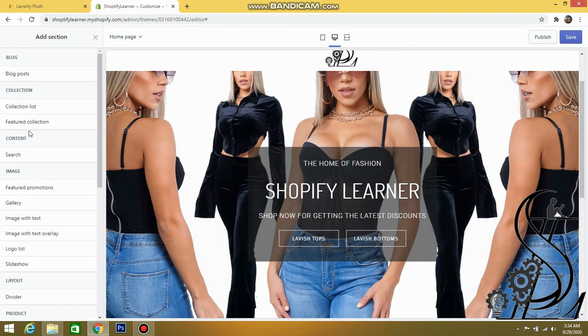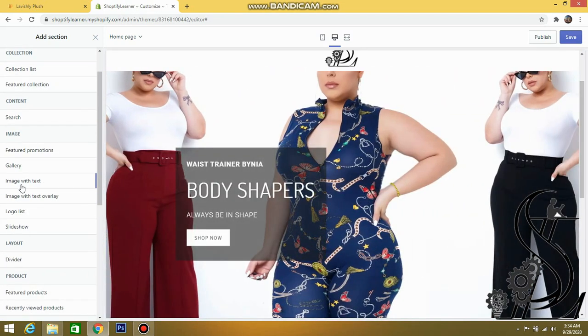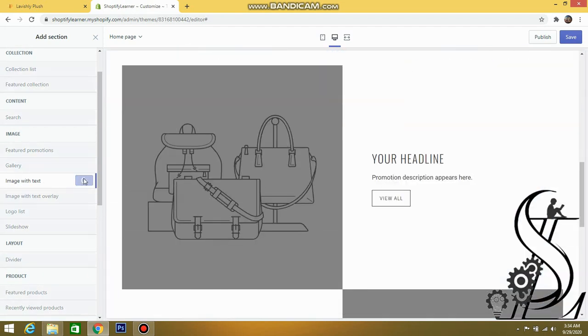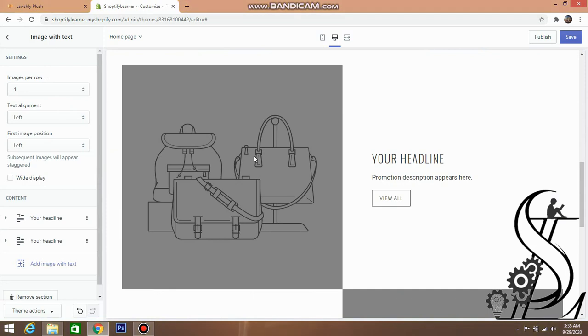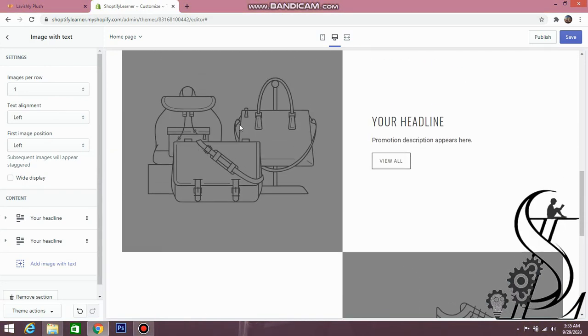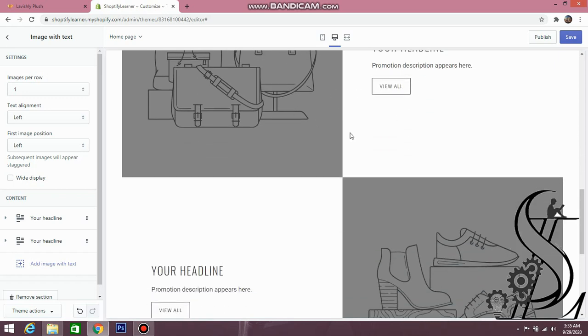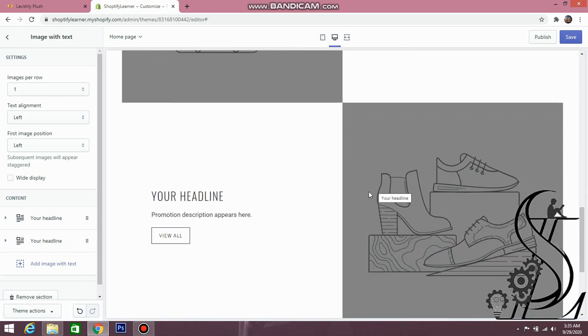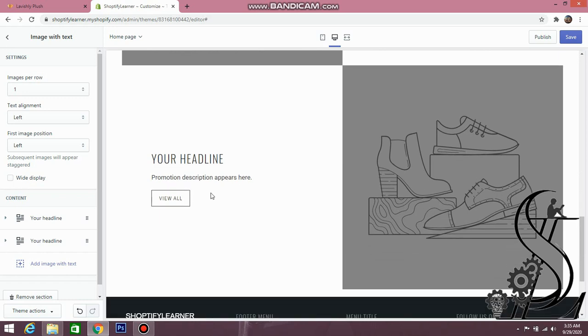We click on add section, and in the add section we go to image, and here we can find image with text. As you can see, there are two options in the image with text. First, the image at the left position and the text at the right position, and in the same way, when we go to the bottom, the image in the right position and the text in the left position.